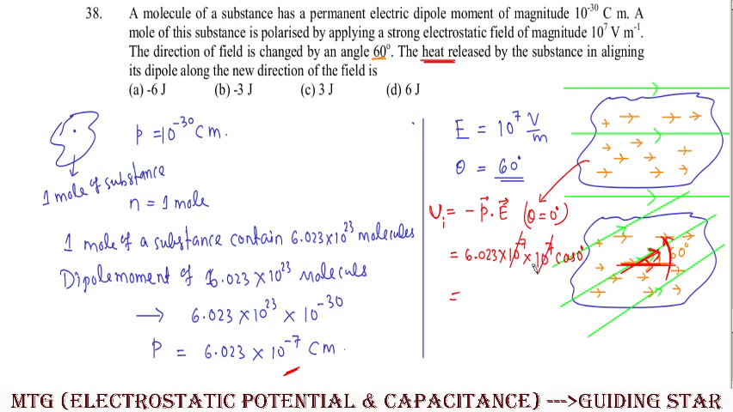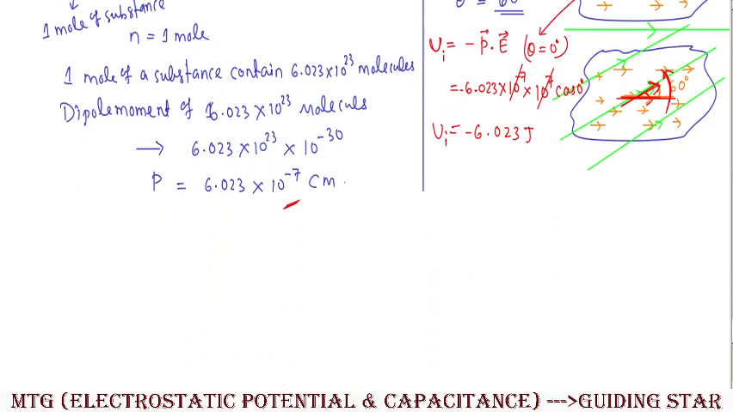10 to the minus 7, 10 to the plus 7, it will cancel out. Cos 0 is 1, so it will be 6.023, it will be negative 6.023 joule. Clear? So initial potential energy of the system is negative 6.023 joule. Clear? Similarly,